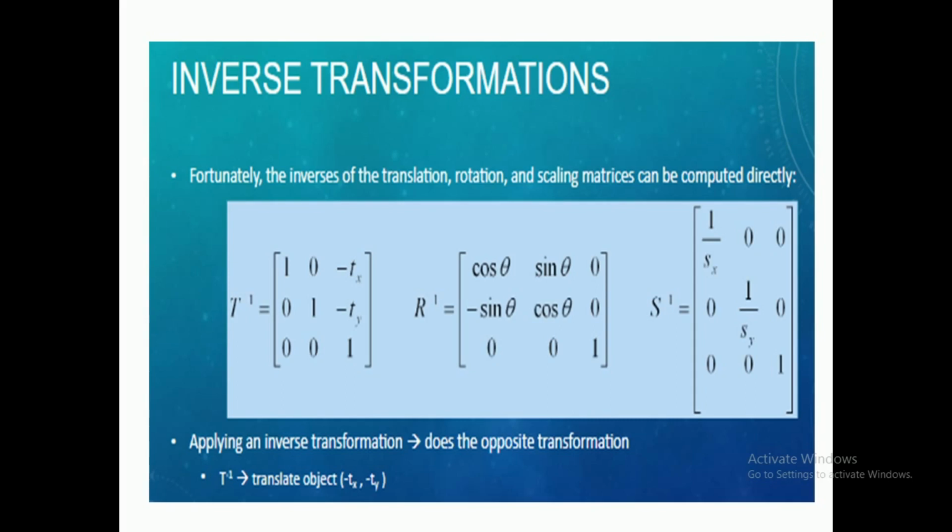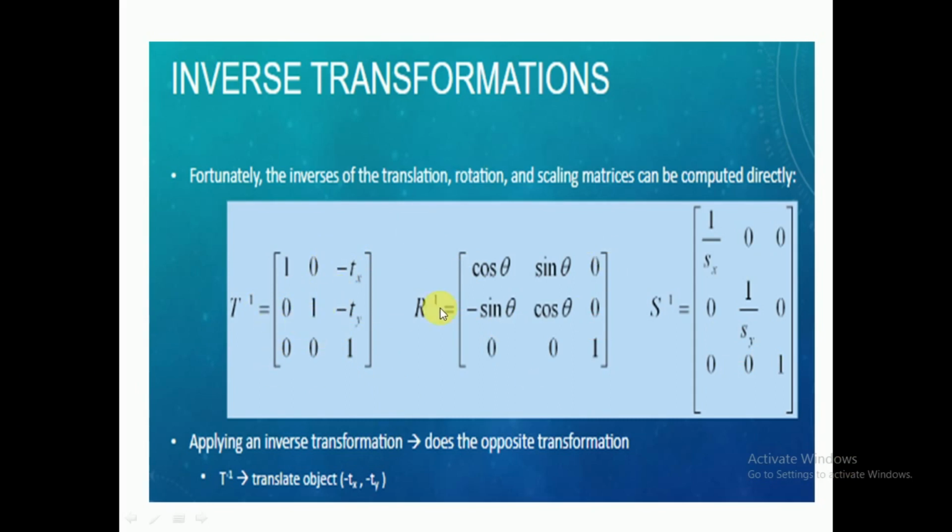Similarly in the y direction. y is already at 10, you want the new y dash at 5. Then how to come to 5? y minus the translation factor, that is minus 5. Right, that is the inverse translation. That matrix we have written here. If you do the subtraction you are coming towards the origin, that is the inverse. If you add, you are going away from the origin. Right, this is inverse translation.